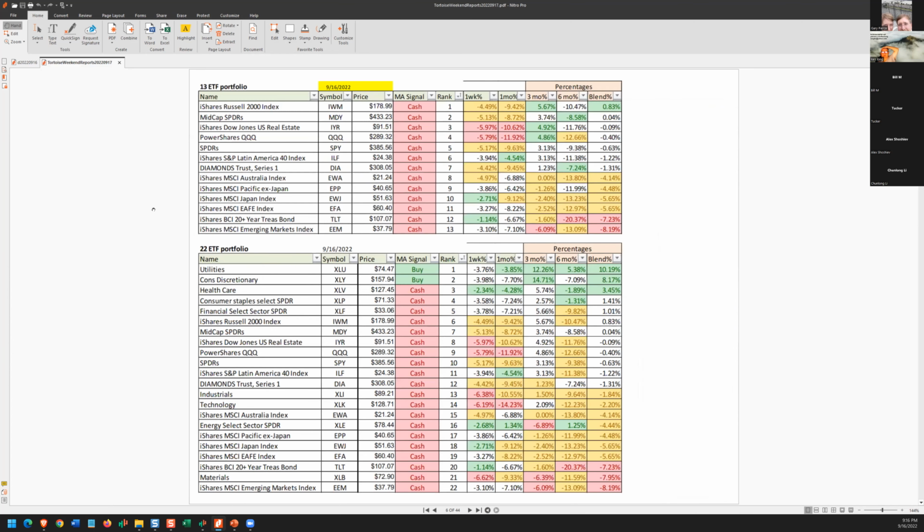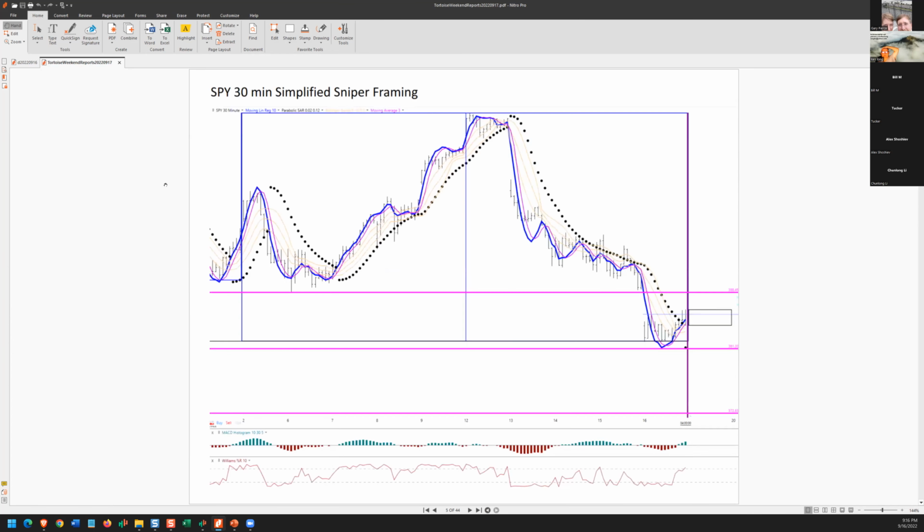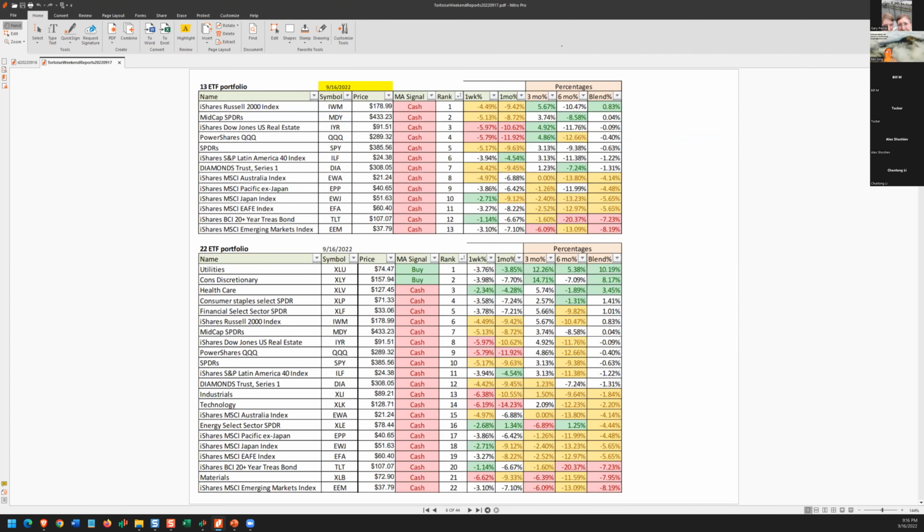We've already seen the health checks and the sniper. So ETF 13, we're going to look at the blended monthly rebalancings now. All of the 13 are below their 4-month moving average. Even the best blends that have had the best 3-month performance all got slaughtered today. The only things that did less worse were some of the old school things, but even they were slaughtered. That's how bad this week was. And then in the ETF 22, only discretionary and utilities remain above their 4-month moving average, but even they got slaughtered.